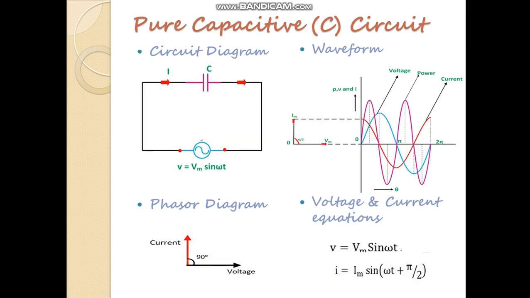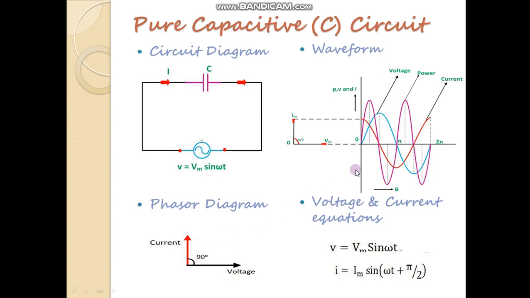Okay. Third type of AC circuit is the pure capacitive circuit. In the circuit diagram you can see only a capacitor is connected in the AC circuit. Apply a voltage as V equals Vm sin omega t, and current I is flowing through this capacitor. Now here in the purely capacitive circuit, the current I is leading the voltage by exactly 90 degrees. Means if we see these two phasors, both rotating in the anticlockwise direction, then this current is leading this voltage by exactly 90 degrees.